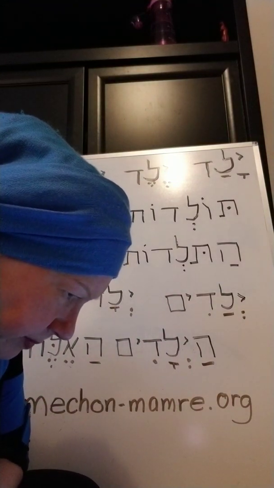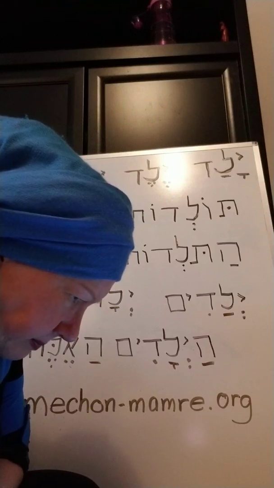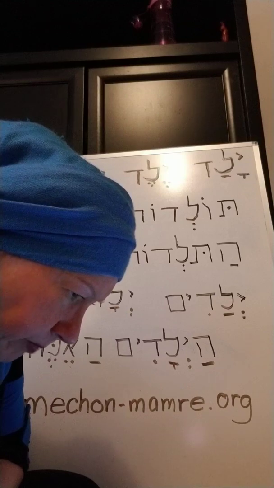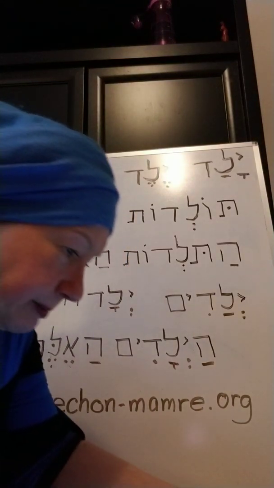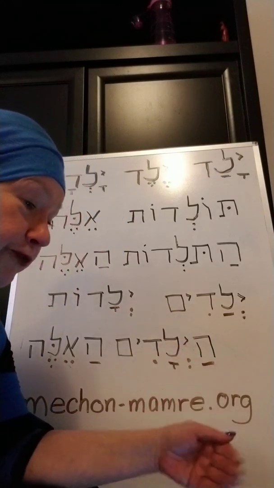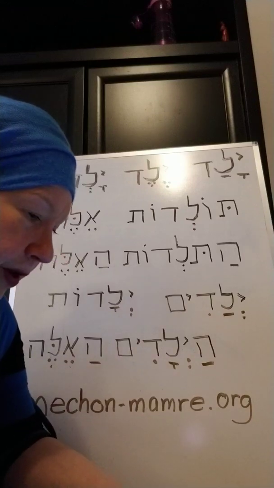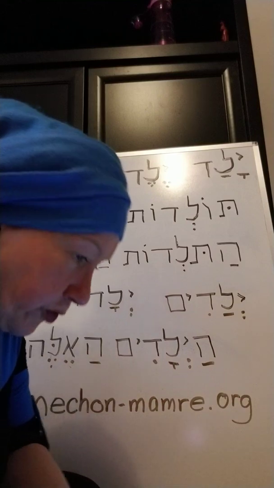Let's see, was there something else I wanted to point out about that? Seemed like as I was going over it, I thought, I need to mention that. Oh, I know. The numbers down the middle. Those bold letters, if you're looking at this website, and if you're looking at something else, it may be different. But on this one, you're going to see letters down the middle. Those are the numbers of the verses.